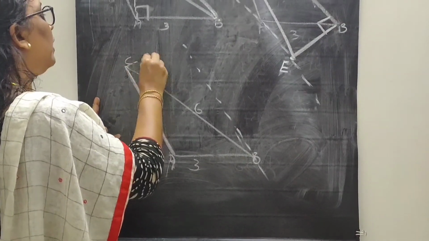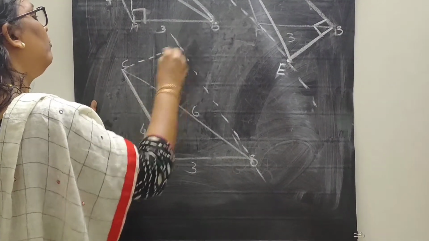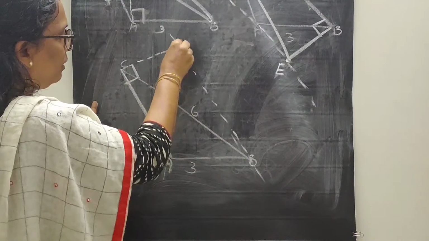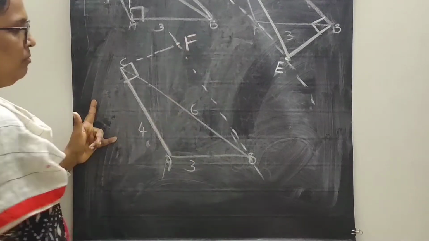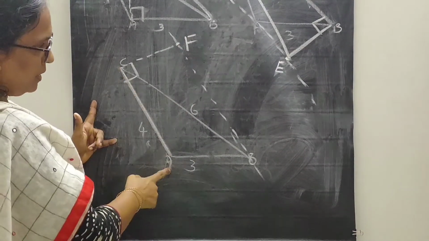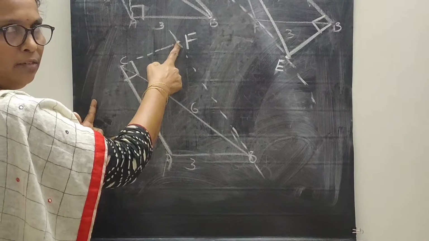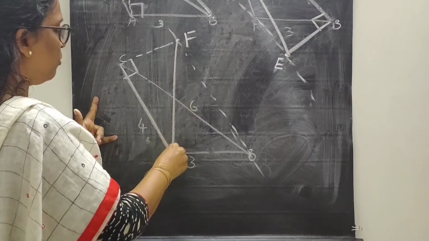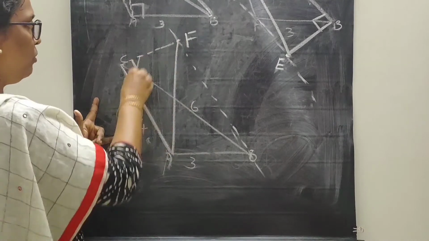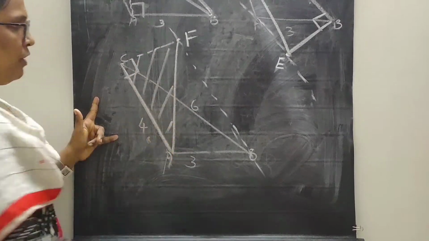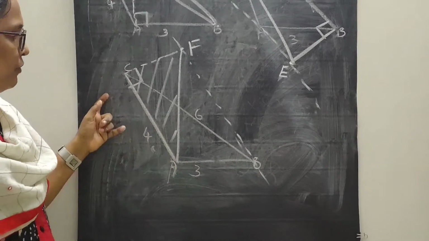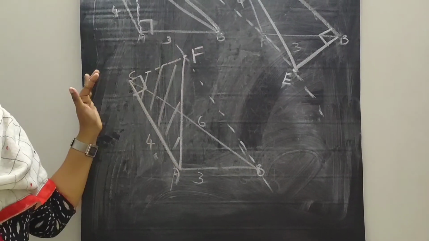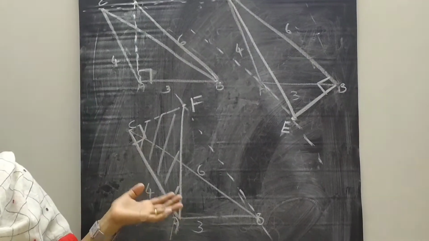So we can draw a right angle here, this one. Now we get another point here, F. Here the base is AC and F is another vertex of the triangle. If we join these points, we get the new triangle ACF with the same area as triangle ABC. These are the three ways to draw three different right triangles.